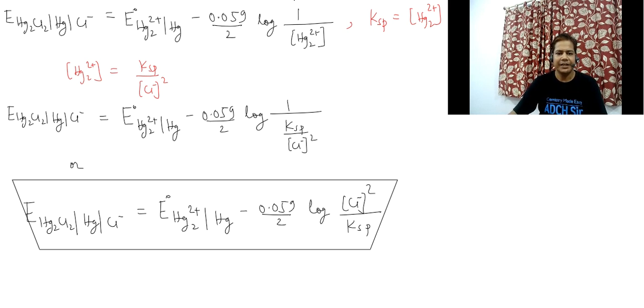I hope I am clear to everyone. So this is how we calculate electrode potentials for metal-metal insoluble salt electrodes. This expression may be different depending on the formula of the salt. So it is always expressed in terms of the standard electrode potential of a metal-metal ion electrode containing the same metal ion as the one formed by the insoluble salt, and another expression with log and Ksp. The exact expression will slightly vary depending on the formula of the salt. Now let us do some problems based on this.